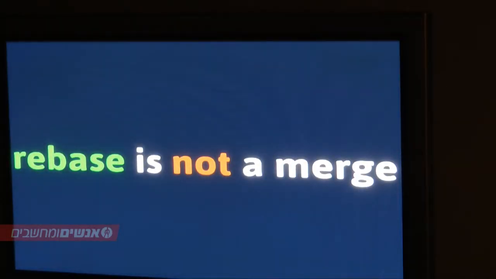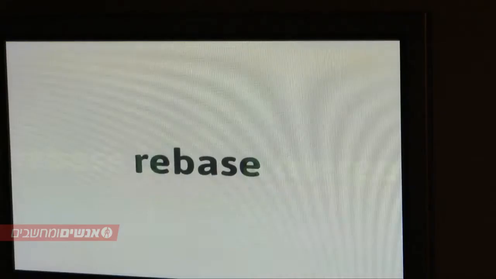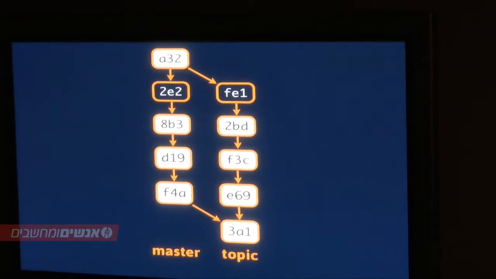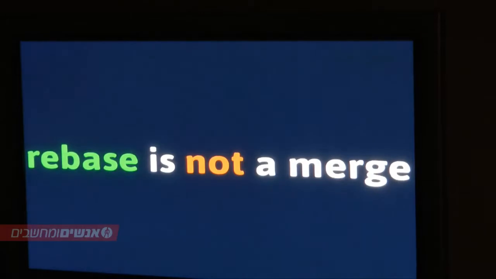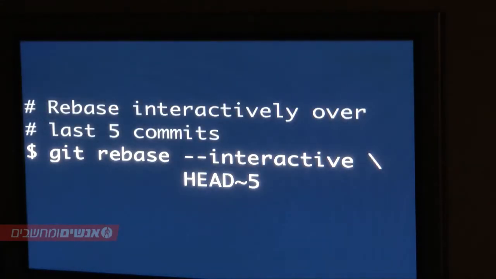Rebase is a very interesting thing. It is very much not a merge, but it's some preparation for a merge. It reorders some commits, and it's a very dangerous thing because it rewrites all of those SHAs. So your history will change dramatically with a Rebase. Instead of having these two branches side by side in your history, it'll move it so you have them in one giant line.